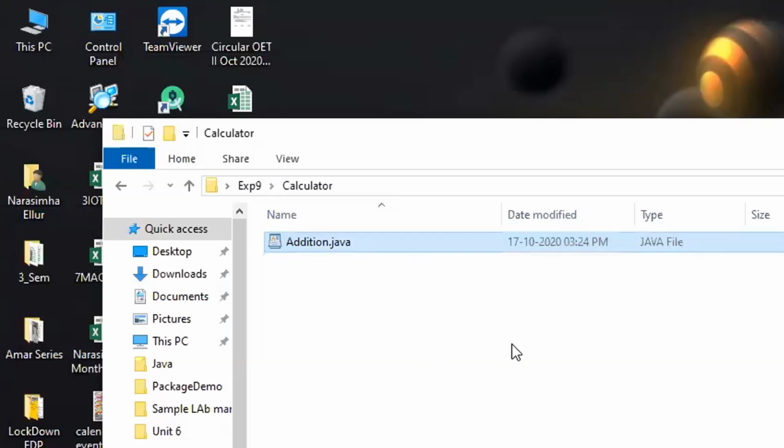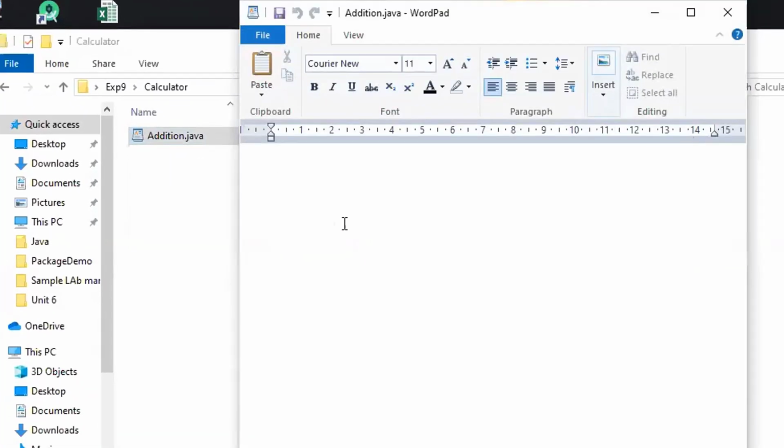Addition.java. We have to create a class with respect to addition. We say that this package belongs to calculator. Increase the font. Okay, package calculator, spelling is correct. Public class Addition.